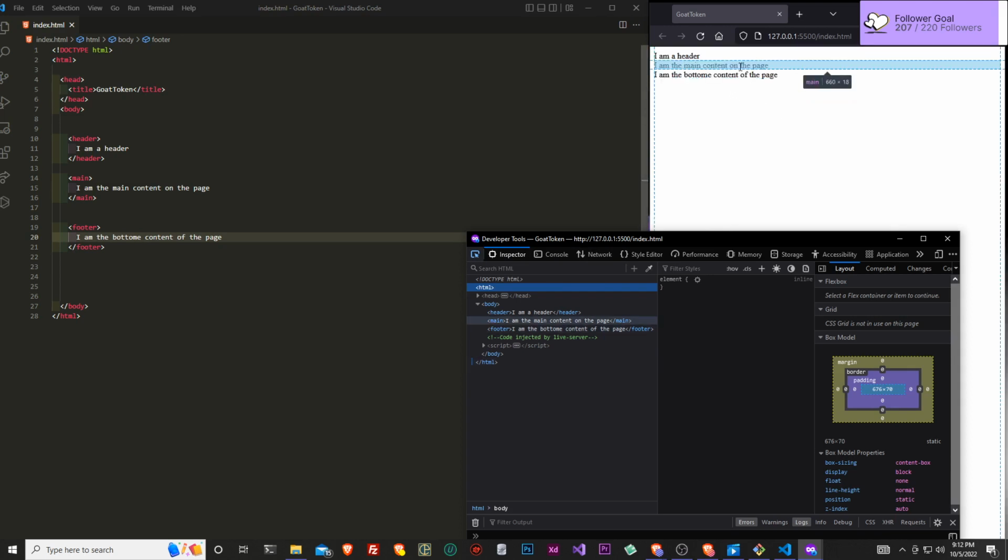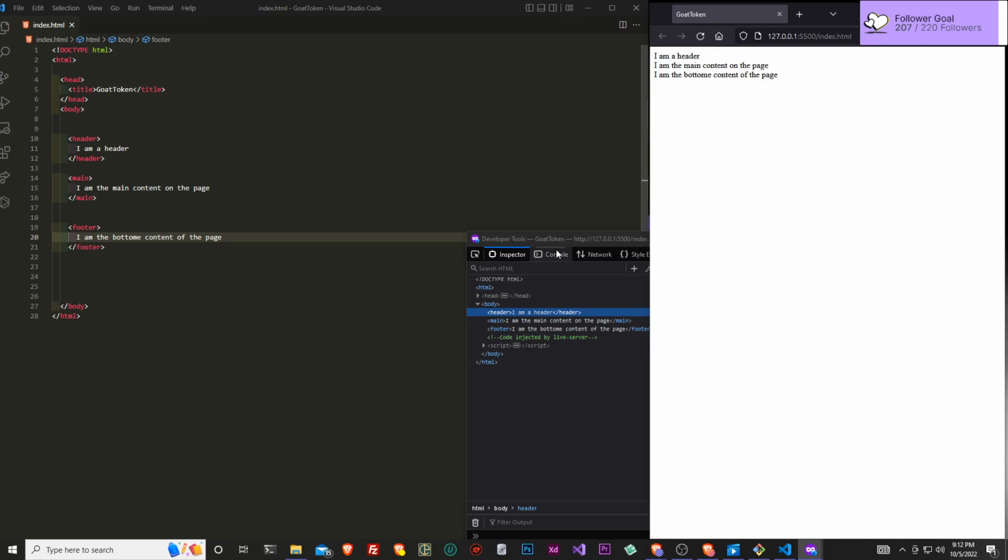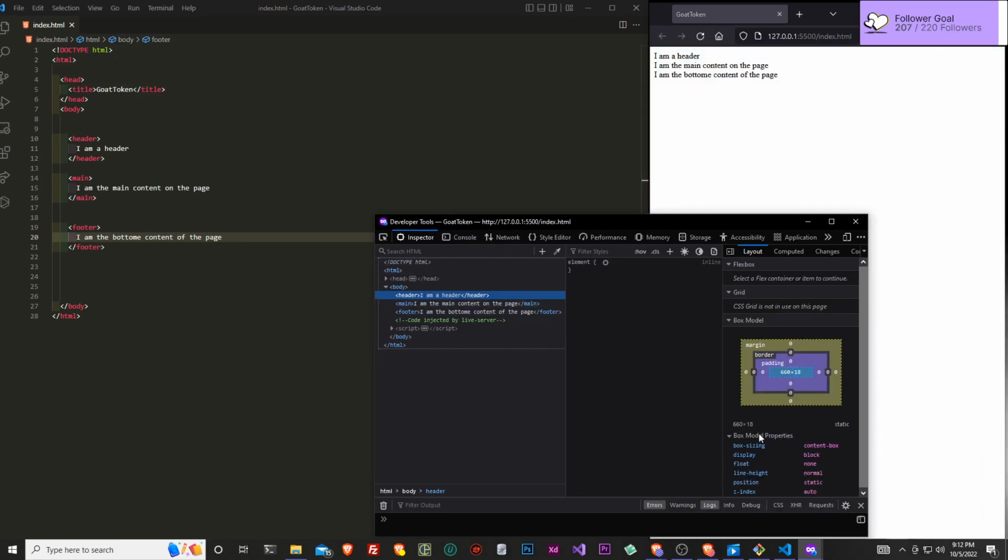So if we just hover over this content, you guys can see there's little spaces, and even over here there's little spaces inside of our layout. Or if we just click on the body or HTML, I'm surprised this doesn't show any styles, but you guys can see that this header element has a little bit of actually nothing.